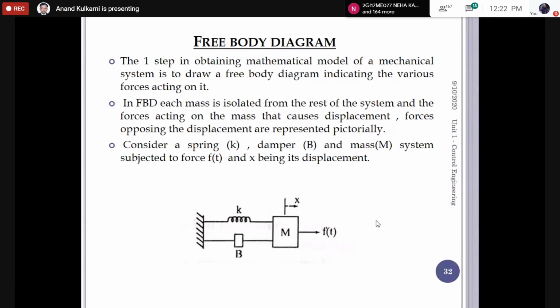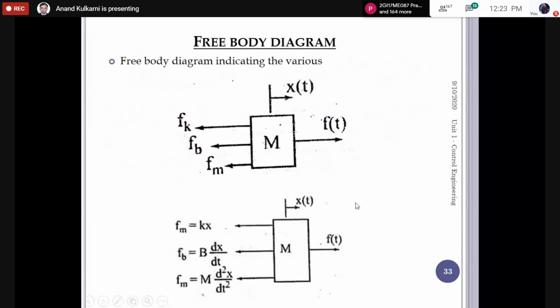So this is the basic problem. You are asked to find the transfer function of this system. This is a spring mass damper system. Even though it looks very simple, this type of arrangement is there in your two-wheeler suspension system. The mass of the two-wheeler is m, and there is a spring in the shock absorber, and also a hydraulic damper in the shock absorber. So this is nothing but a simplified mathematical model of the suspension system of a two-wheeler.